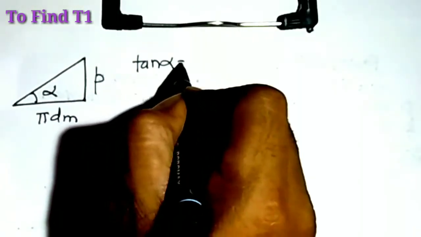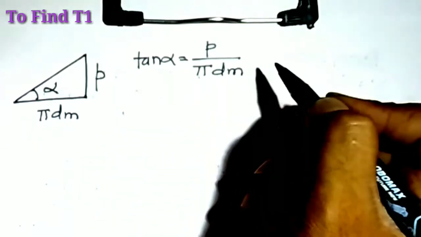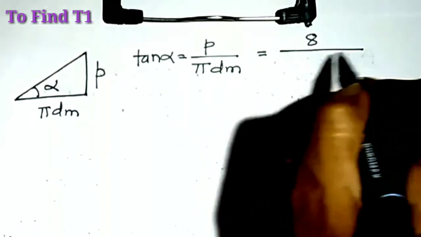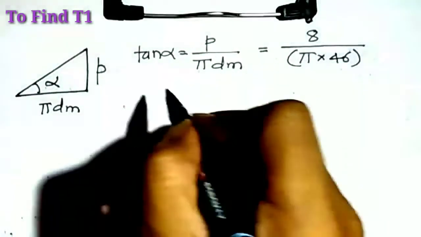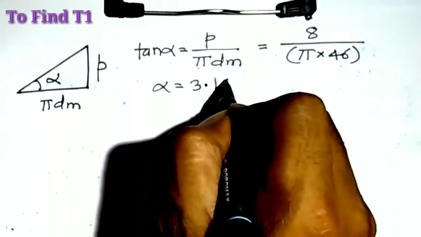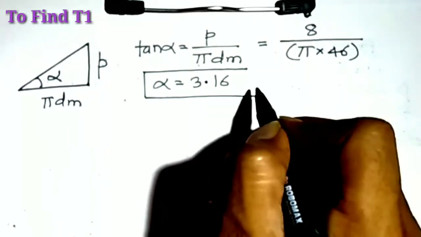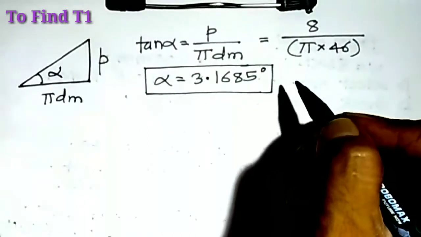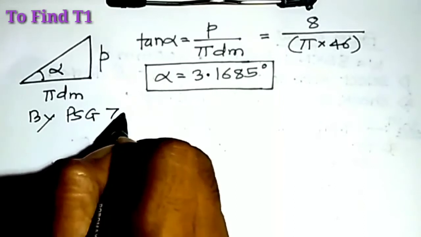If you rotate a screw by one complete rotation, it is going to raise by pitch, and the helix angle is alpha. When a thread is opened, it gives us a total length of pi dm. So alpha is calculated for one complete rotation, in which the screw is raised by a distance pitch. So tan alpha is pitch upon pi dm, which gives us alpha. Alpha comes out to be 3.16 degrees.